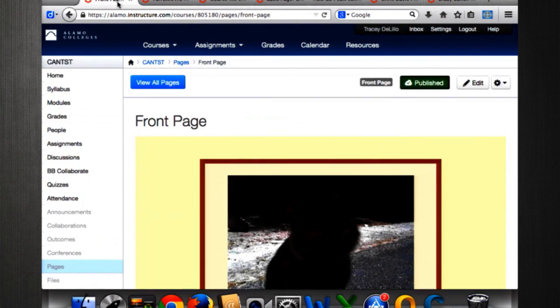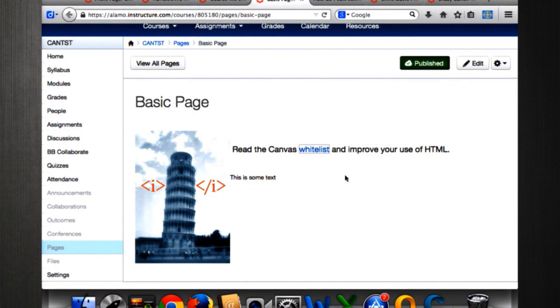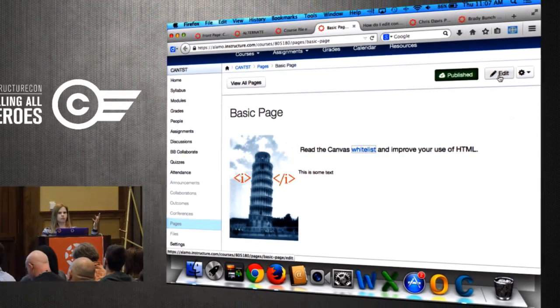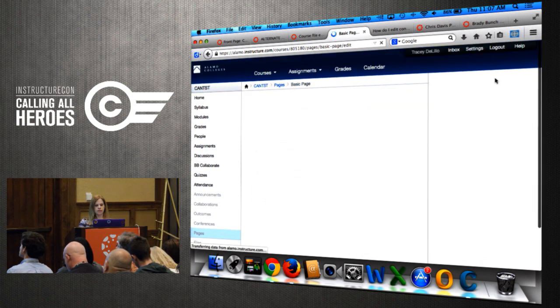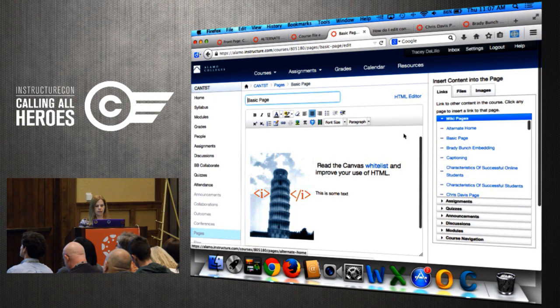While I'm on that page, another question that comes up often from people who don't want to know HTML is, how can I get a link to open in a new page or a new window? And you know, the very recent update, they've put that in the modules so that now you have just a checkbox. Now this will open in a new tab or new window, but it's still not an option in the rich content editor.